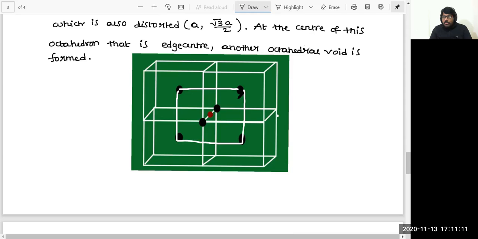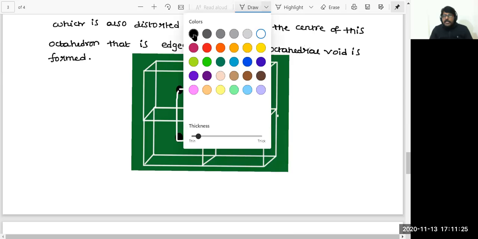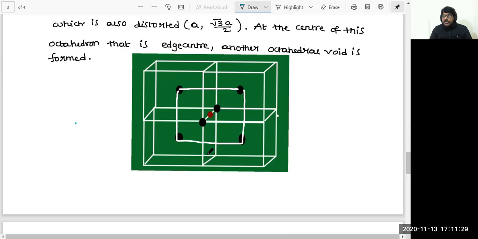The 4 body centers of these 4 unit cells are occupying the 4 corners, and this corner and this corner are occupying the remaining 2 corners of the octahedron. I'm talking about the octahedron. You have to visualize the octahedron in these 4 BCC unit cells. These 4 body centered atoms, and this is the edge center we are talking about, and the 2 corners of this